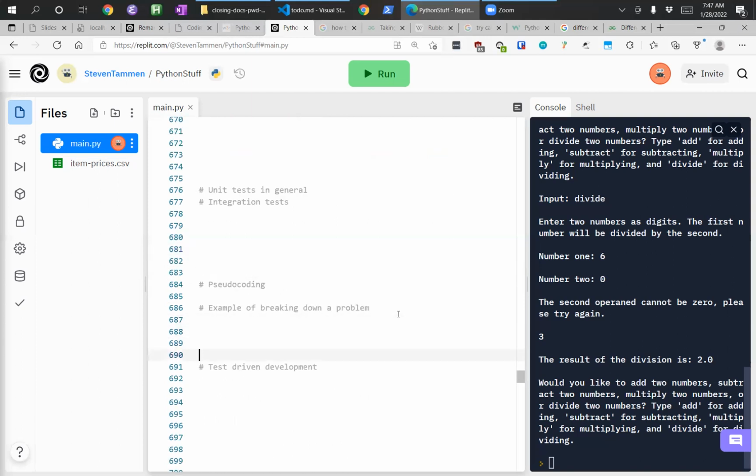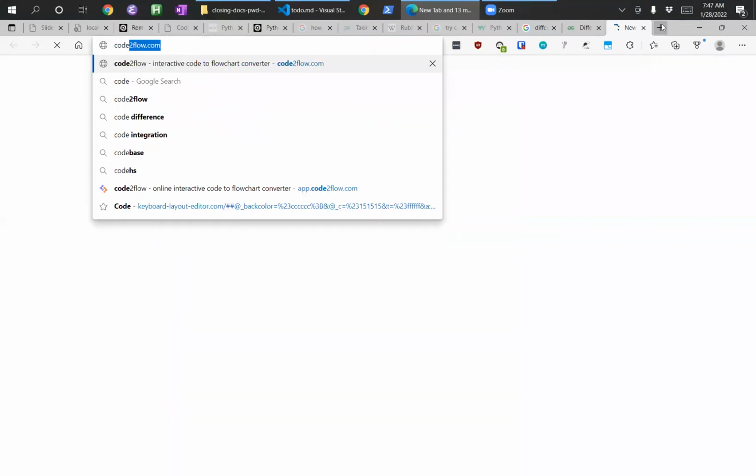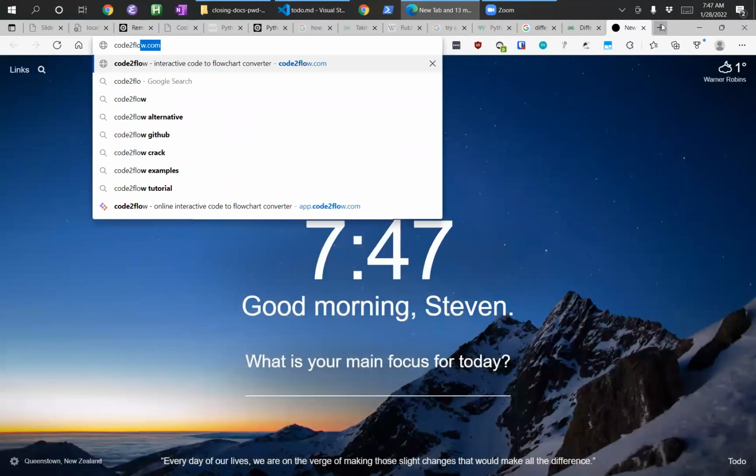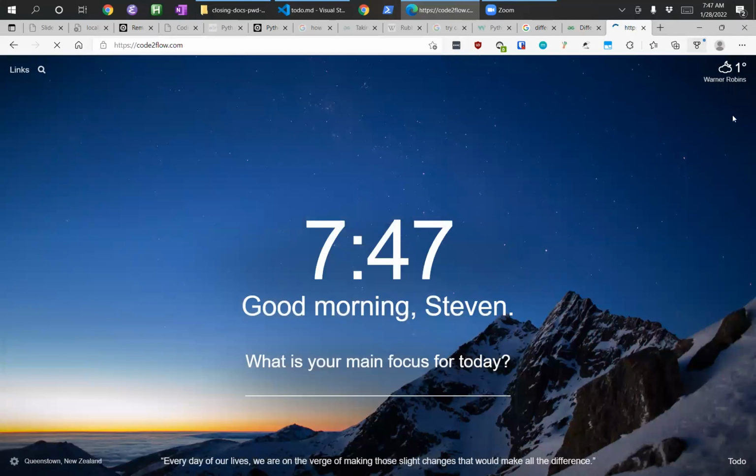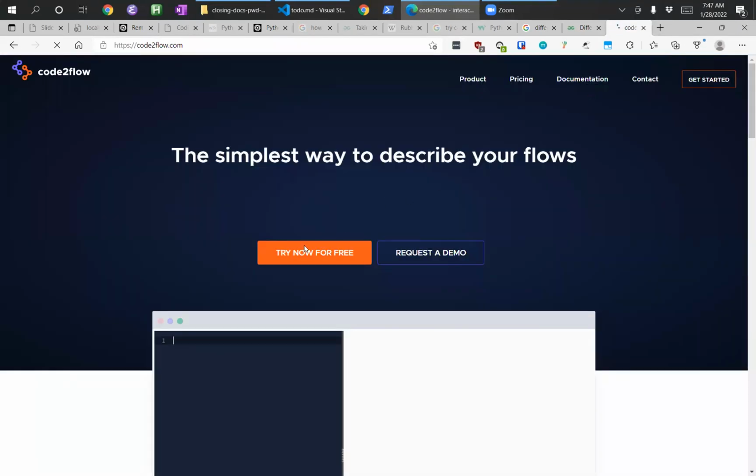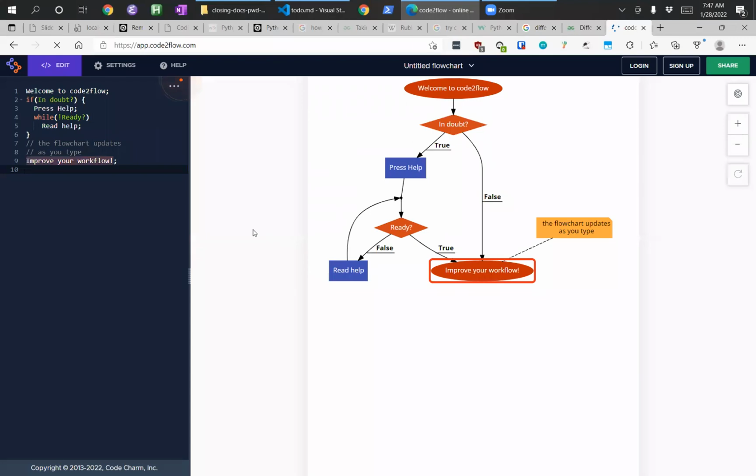So we won't actually do the example of breaking down a problem. I'm going to talk a little bit more about pseudocode here. If you remember that website I shared initially, Code to Flow, ever since I came across this website, I almost don't pseudocode on paper anymore. The reason is that if I can write pseudocode and have it build a flowchart for me, pictures are almost always better than words for programming.